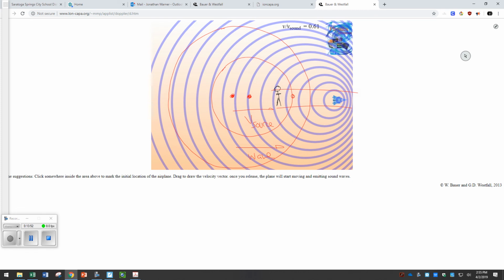All right, again, plane emits waves at the same old frequency no matter what it's doing. It's a question of how often are those waves detected by an observer. And if there's a difference, we call that a Doppler shift. And there is a difference, and there's a couple ways we can have that happen. One way,